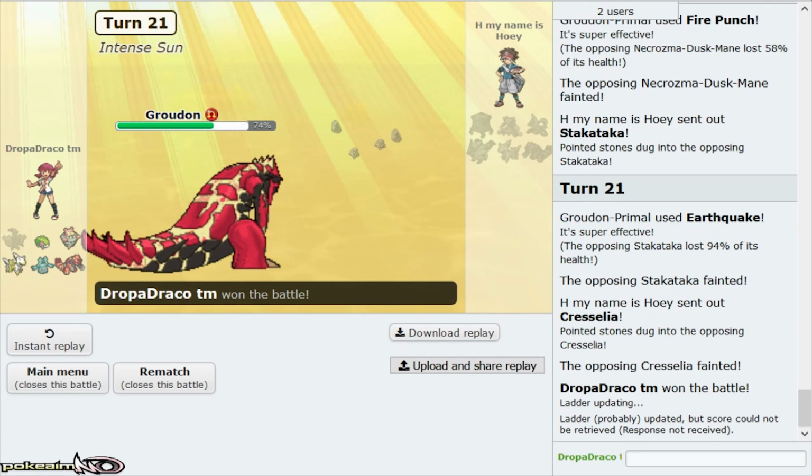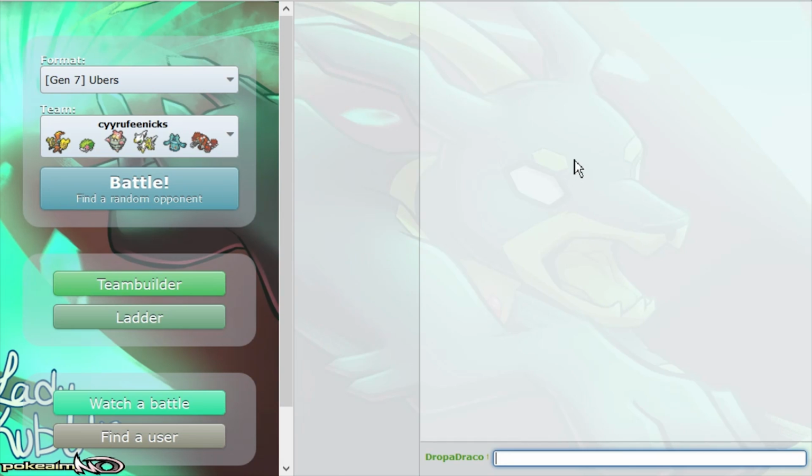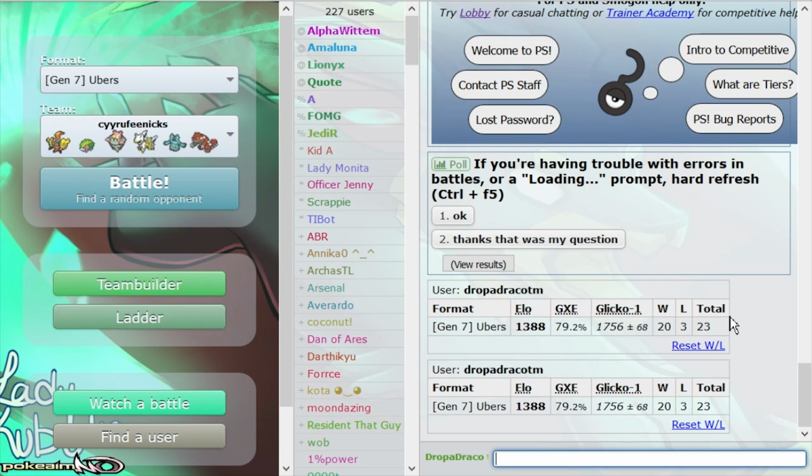I was waiting for my ladder points, because I kind of wanted to end it here. Let me just see something. Okay, can't see it on the side at all. It's fine. Slash rank. 1388, 20 and 3. Is that really where we're at? We're not 1400 yet? Okay. I don't want to keep going because I'm scared to fight